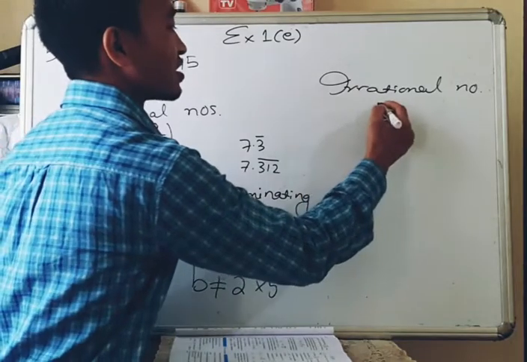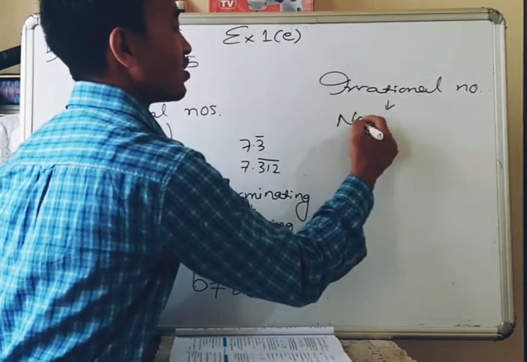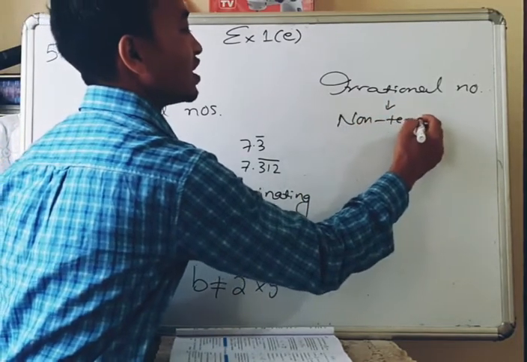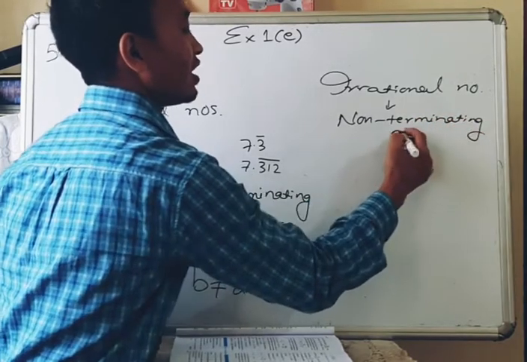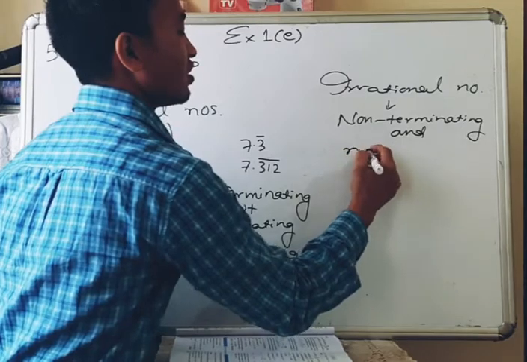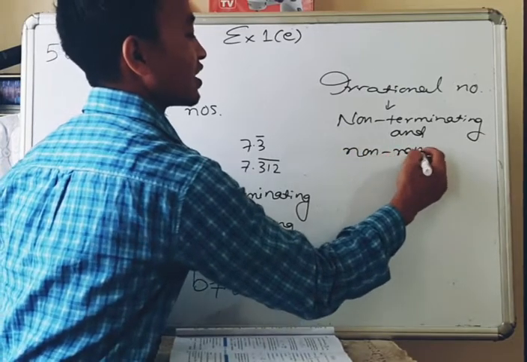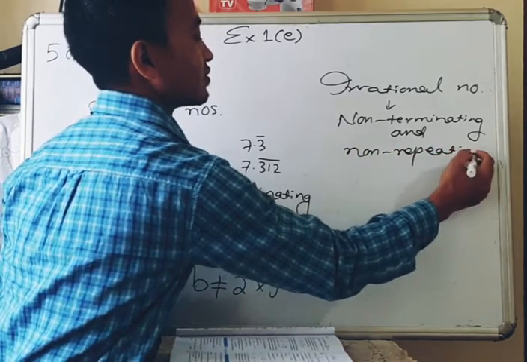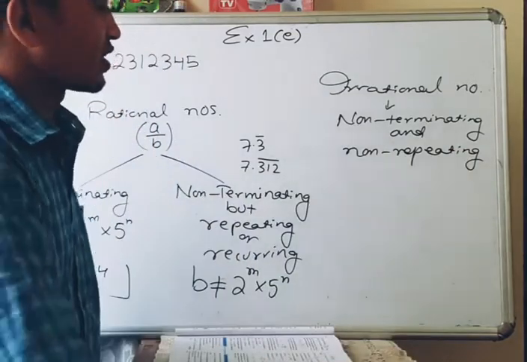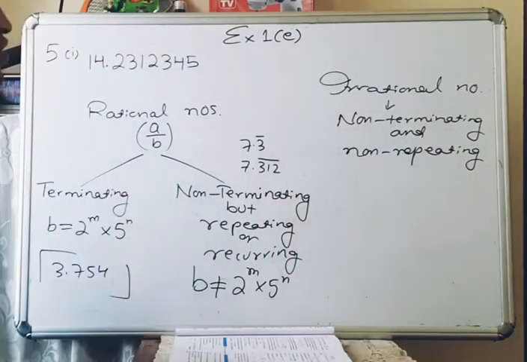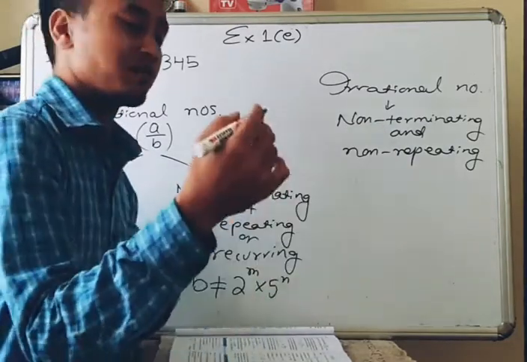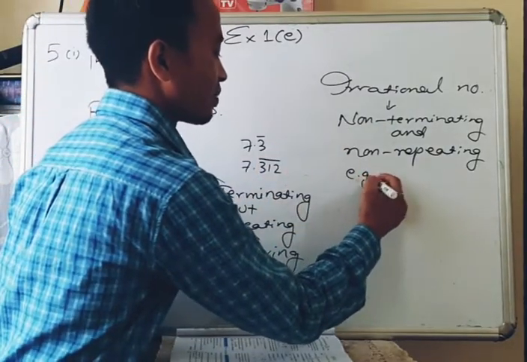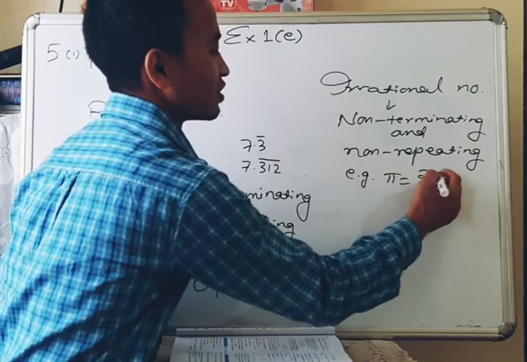So, for example, pi is an irrational number,